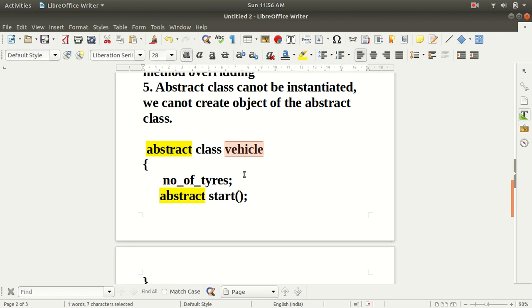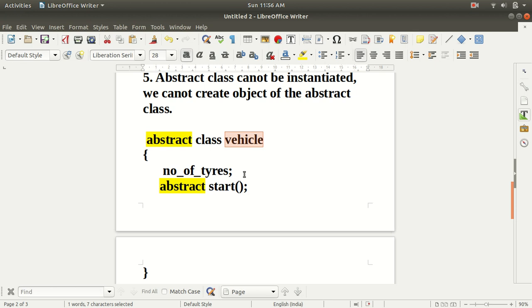Okay, and the reason for this is that inside the Vehicle class we have a method which is abstract. It means that it does not have the implementation part, right? And why do we create an object? We create the object of any class to access the methods or the properties of that class, na? In this case, the Vehicle class has the abstract method, and an abstract method does not have the implementation. Therefore there is no use in creating the object of the abstract class, because the abstract class contains the abstract method. So there is no implementation, so there is no use in calling the method.